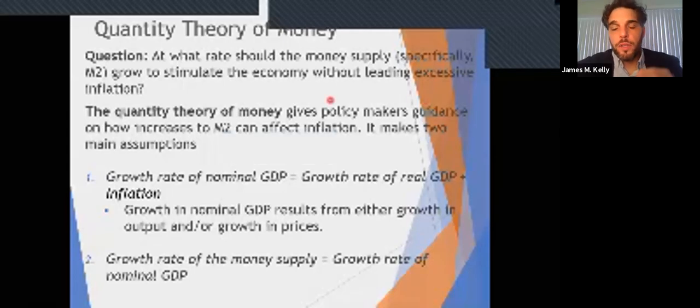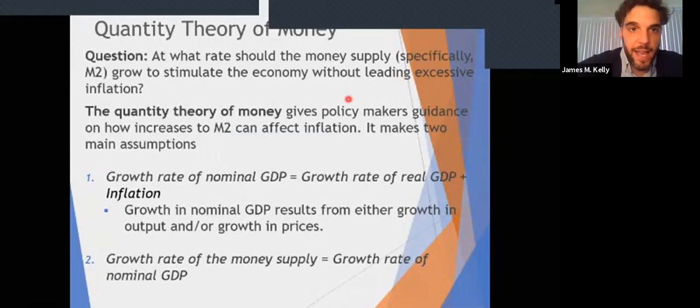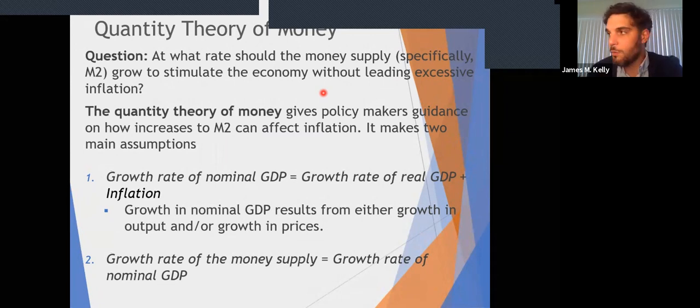So in this video, we're going to discuss the quantity theory of money. The quantity theory of money essentially helps us understand what the effects of increasing the money supply are going to be on inflation. We've talked about inflation pretty extensively now, but we know that expansionary policy leads to increases in the price level. The quantity theory of money gives us a little bit better idea of exactly how